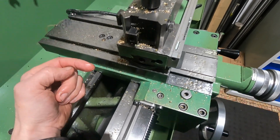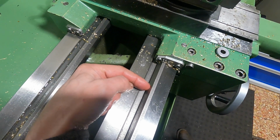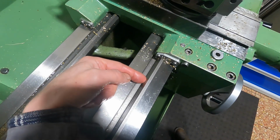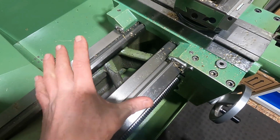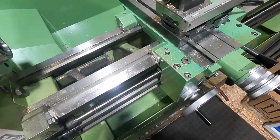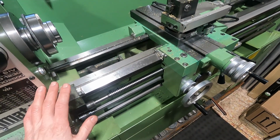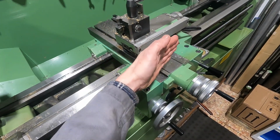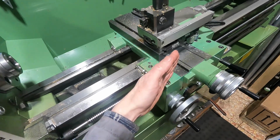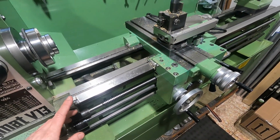This force here bears rather exclusively on this surface here. And this surface being so small causes then more wear to accumulate on this surface than on the other surfaces. So this is something that can be annoying on EMCO lathe beds if they have accumulated some wear, because then the bed slide moves like this in the horizontal plane, which can be a problem when you have very tight